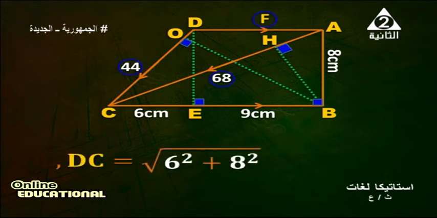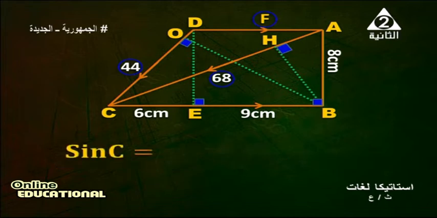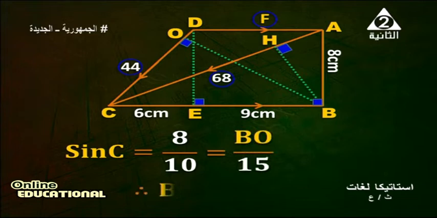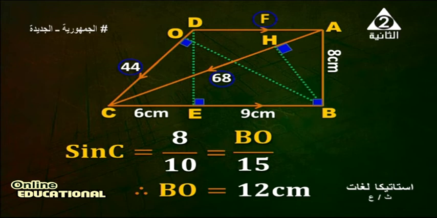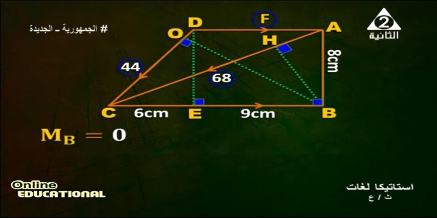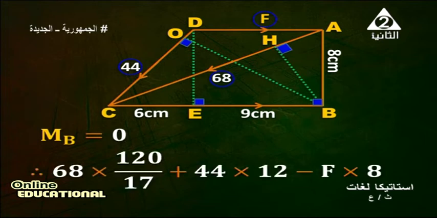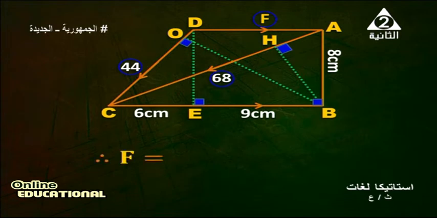Therefore, DC equals 10. After that, we find sin C equals 4 over 5, or 8 over 10 equals BO over 15. Therefore, by using cross multiplication, BO equals 12 centimeter. After that, moment at B equals 0. To calculate the force F, therefore, the force F